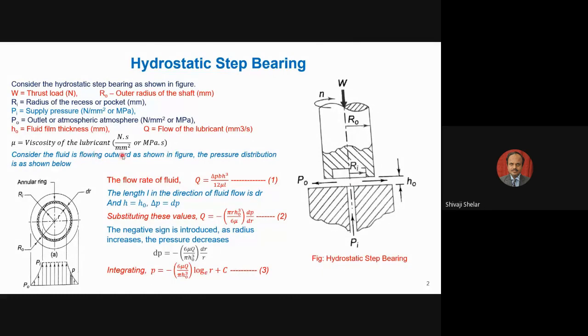Okay, so this is the nomenclature for a given step bearing. This is a step bearing. We support this axial load, or thrust load, of W. Now to analyze this bearing, we require the flow rate, so the flow rate of the channel.